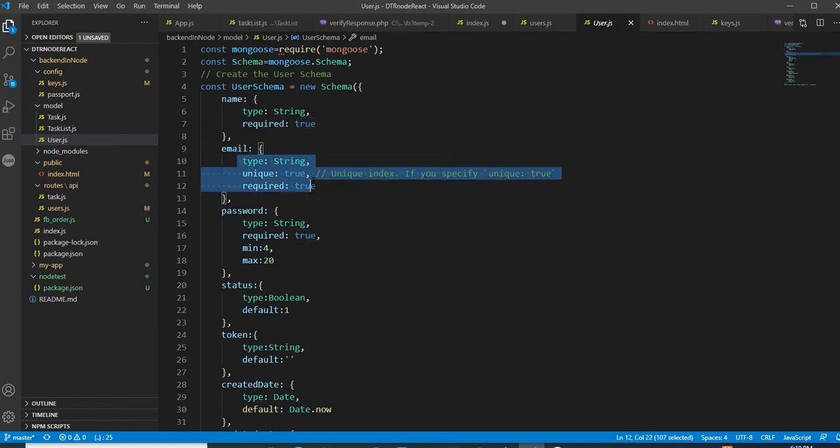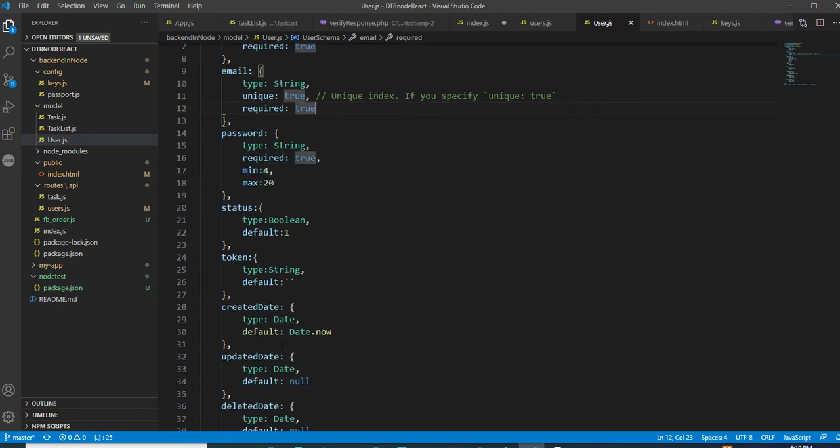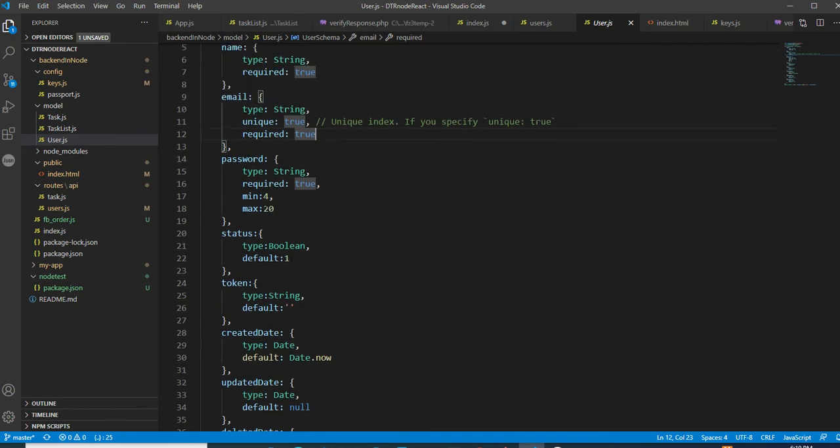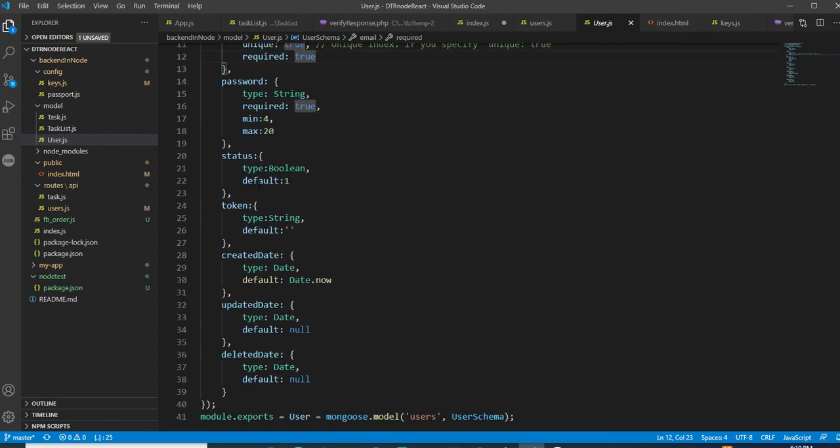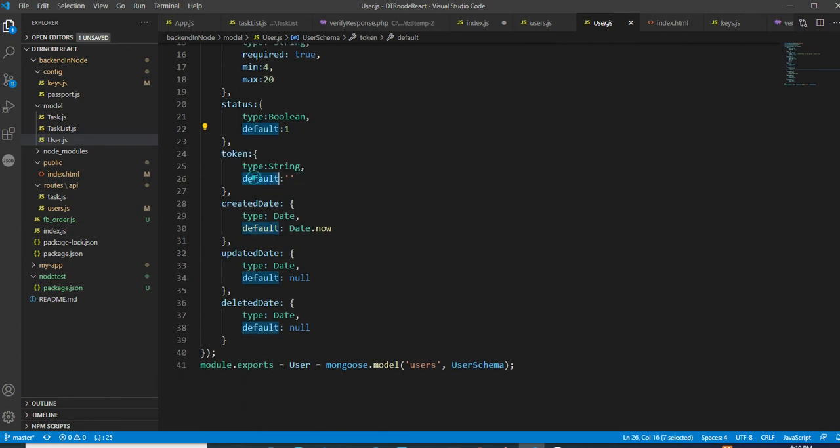The list of this you will find in the mongoose library. The documentation of the mongoose library has all the information about this, so you can follow from there. Now you understand the type, unique, and all these things, you can set it up based on your requirement. So it's like one type of table, and in this particular table, name, email, password, status, token, you have it like a column. Okay, so you have done it in this way. Its default should be 1, token default is not available, it should be a string. So you need to specify all these things.